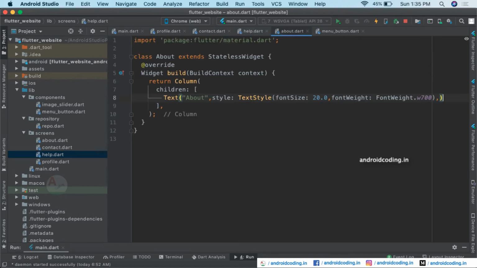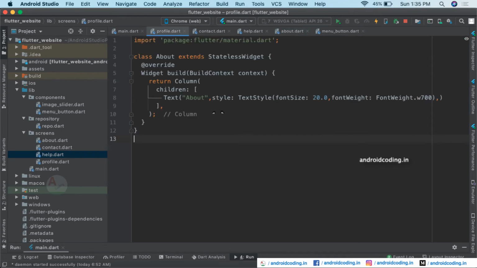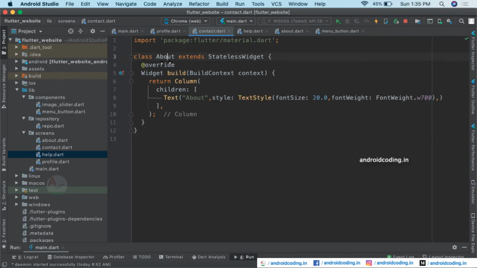And to make it much faster, I will be copying the same code here, but try to replace the names, or else every screen will be same. So contact, and here also contact, and we are left with help screen. So help, and yes, we are done now.